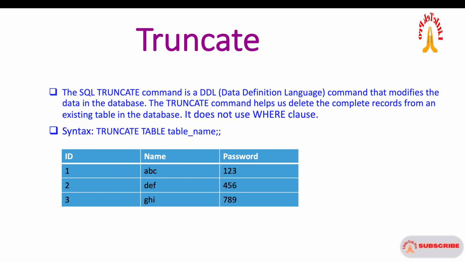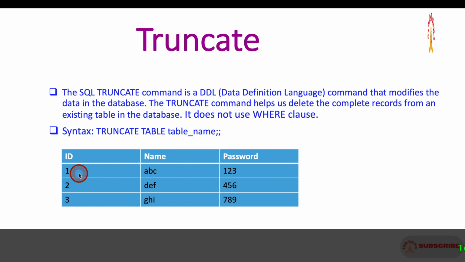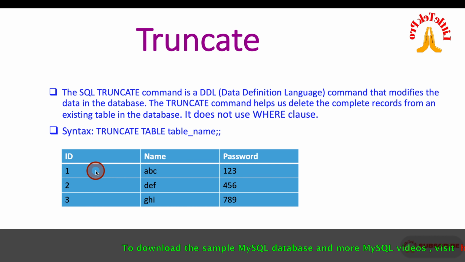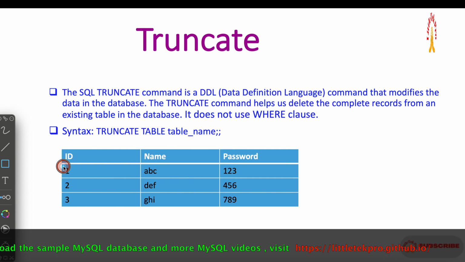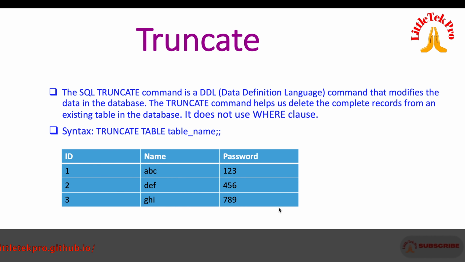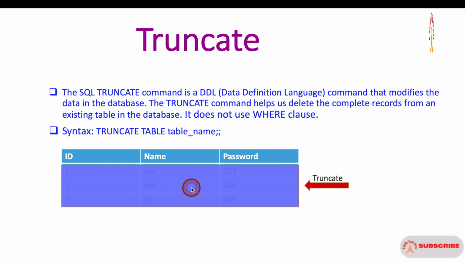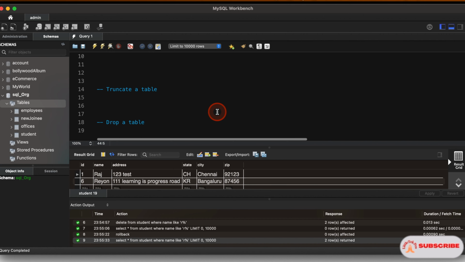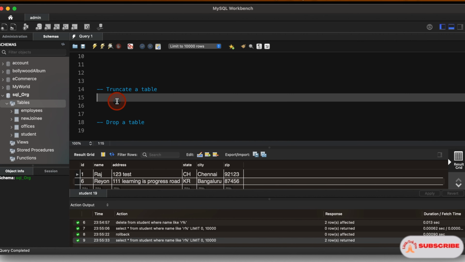Suppose now you have a table like this. If I do TRUNCATE TABLE table name, what will happen? It will have the ID, name, password columns, but the data from 1 to here, everything will get deleted. So it will have the table structure, but it will not have any data. Let's see practically how it works. Let's go to the MySQL Workbench. We have a table student with data in it. If I do SELECT * FROM student again,